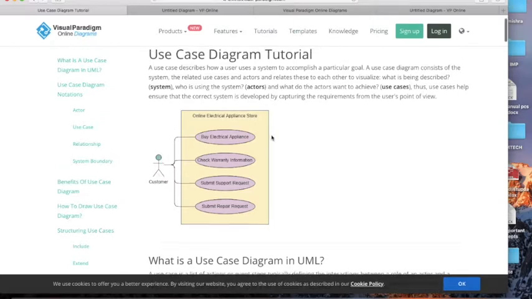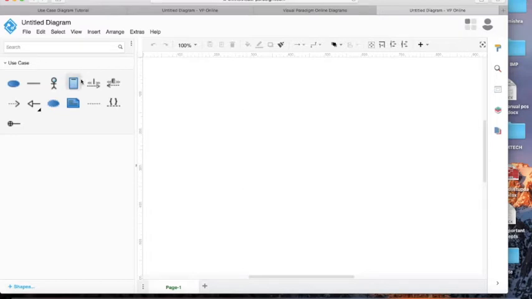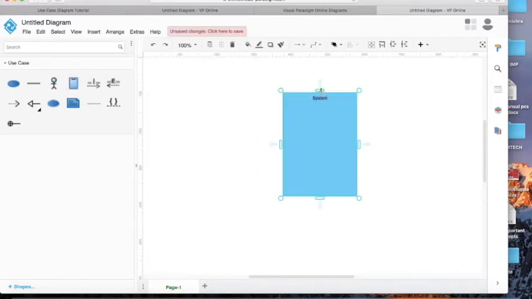I think the basic idea will be clear. You now have some basic idea about the use case diagram. I'll show you how to draw the use case diagrams. So let's move on here. Let's suppose for any website you have to draw the use case diagram. First of all, just drag and drop the system.